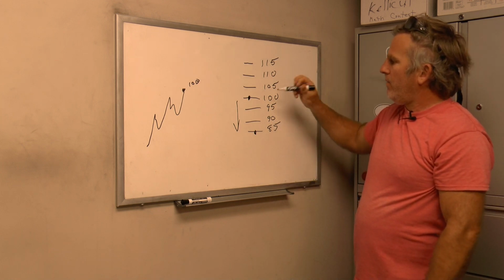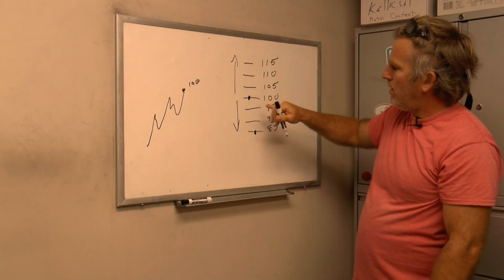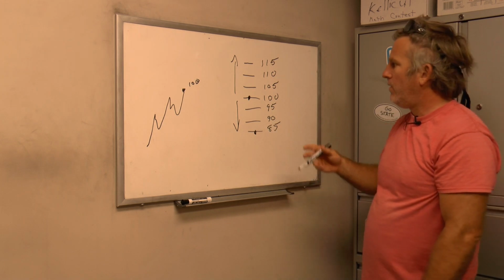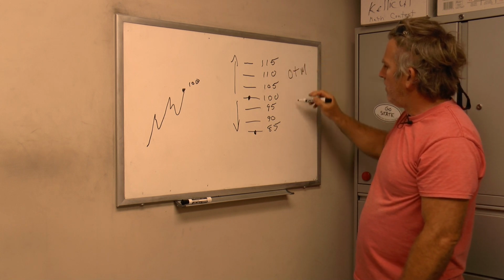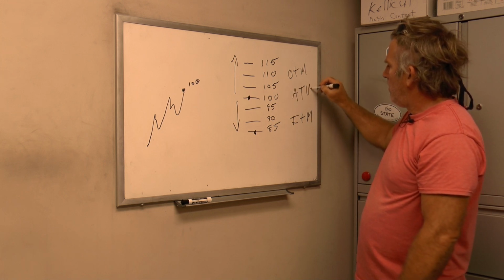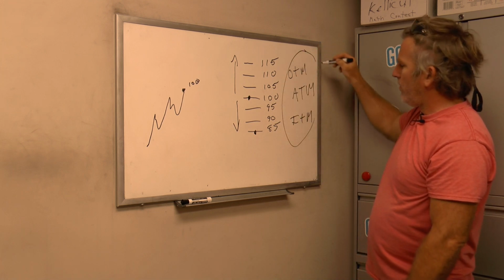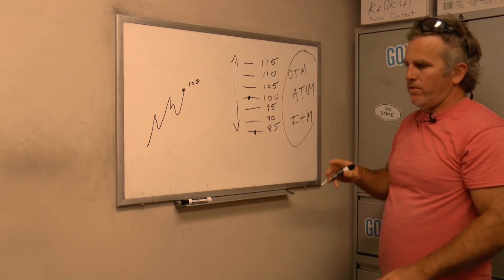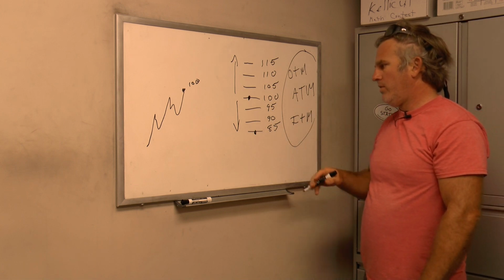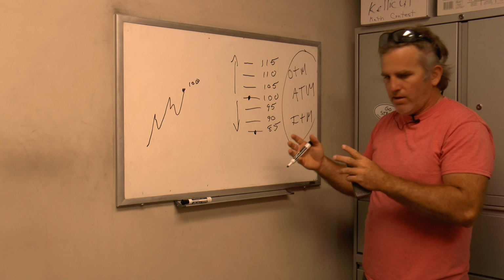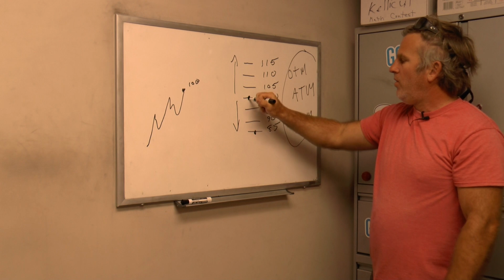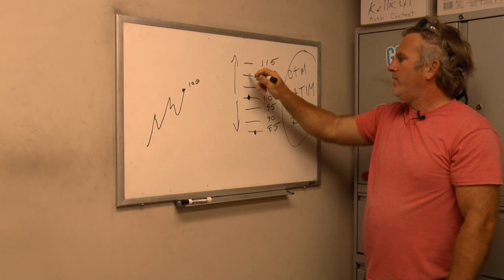So everything above 100 is considered out of the money. Out of the money, OTM, and in the money, and then ATM. If you start reading, the biggest thing about all this is it's a whole new vocabulary, and just like in a lot of other math stuff, everything gets abbreviated. I remember constantly having to look back, like, what is this? What is that? So 100 is at the money, okay? And 110's out of the money.